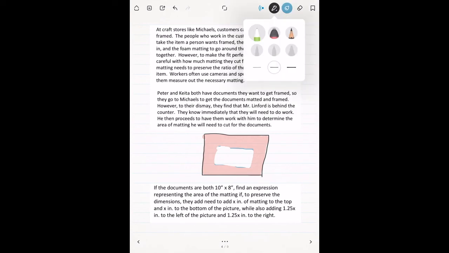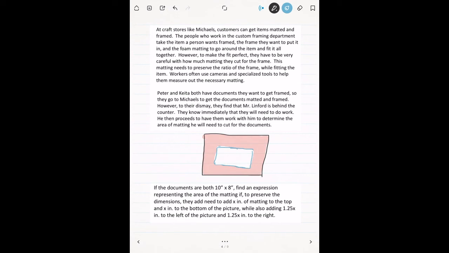Let me try to get this drawn in a little neater. This red area, this kind of rectangular space with a hole in the middle, that's what we want to find the area of, okay? So we need to find the area of just this matted boundary. That's kind of an irregular shape, isn't it? It looks like a rectangle, but it's got a rectangular hole right in